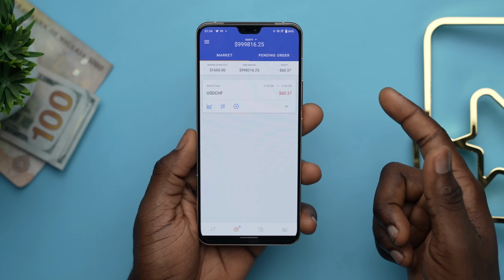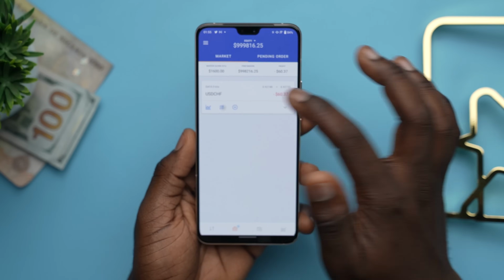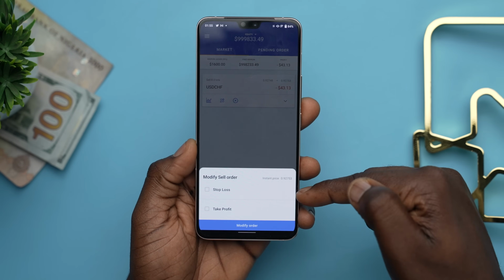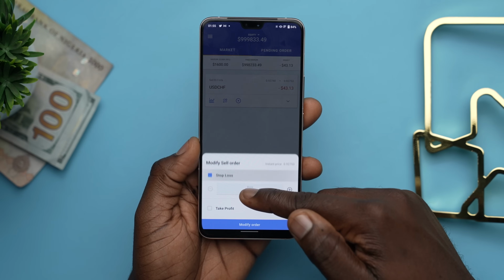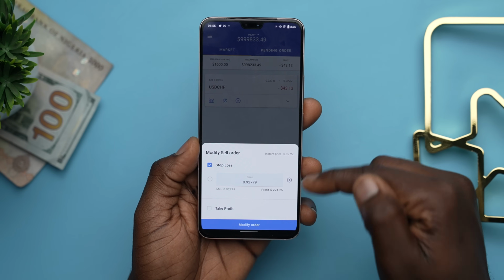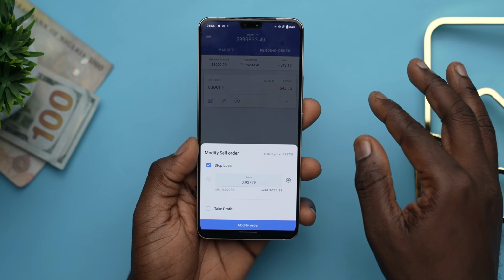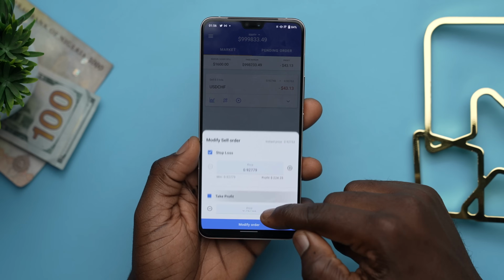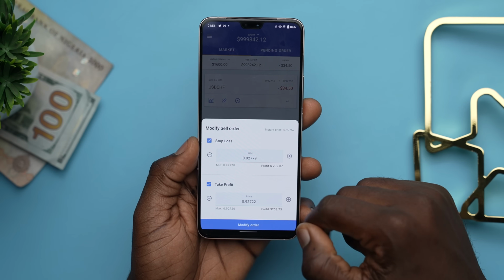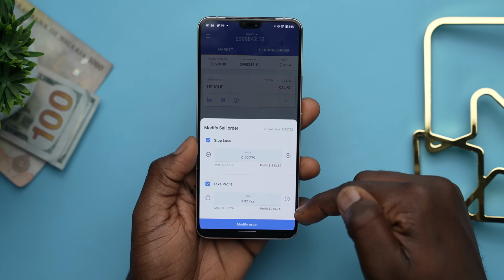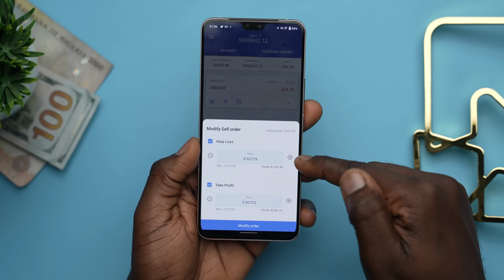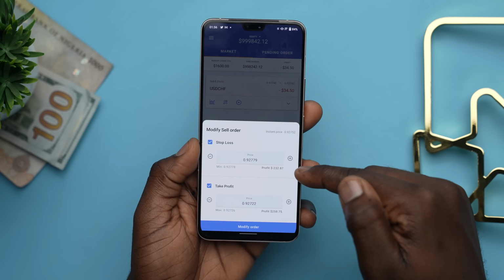And it's clear. What most traders do is set something called a stop loss or a take profit. A stop loss essentially means that you want to stop the trade and take a loss at a certain price point, while a take profit is to stop the trade and take that profit at a certain price point. You can set those points here and leave your trade, but if you're new, you might want to babysit the trade and watch it turn green and then close the trade so that you just make some profit.